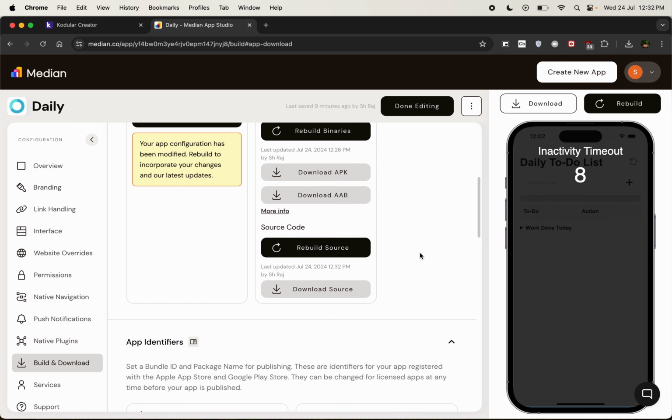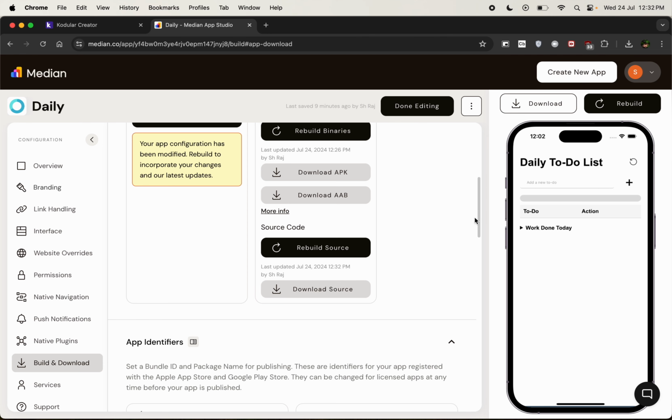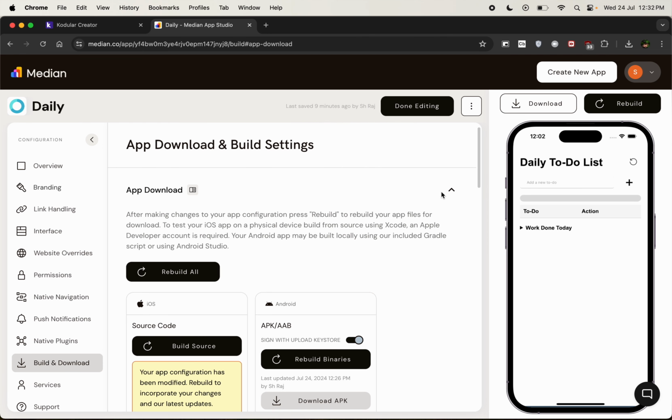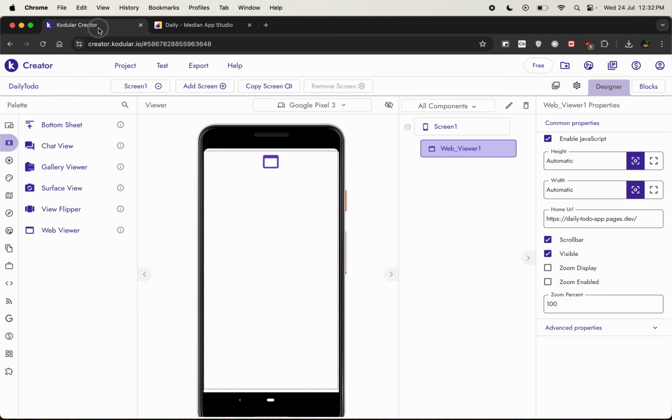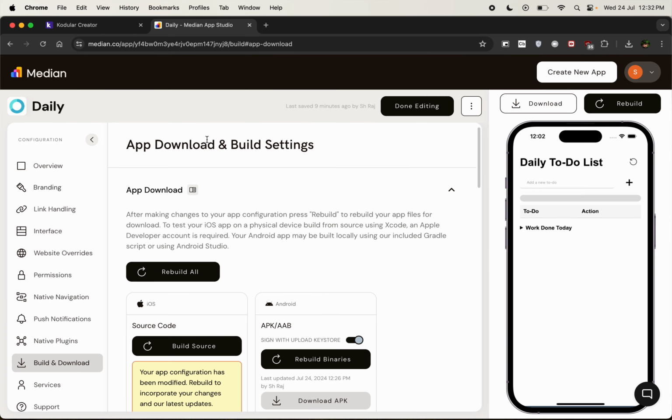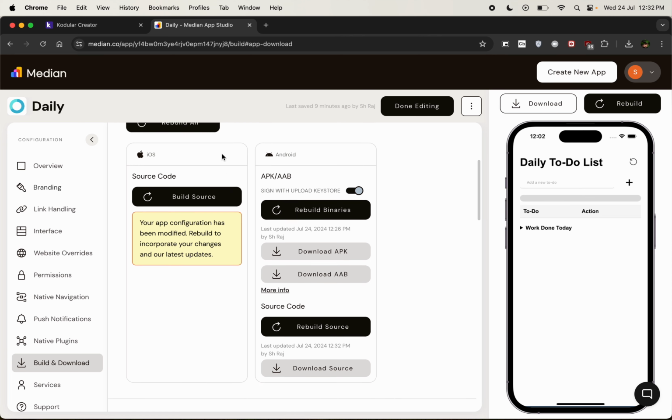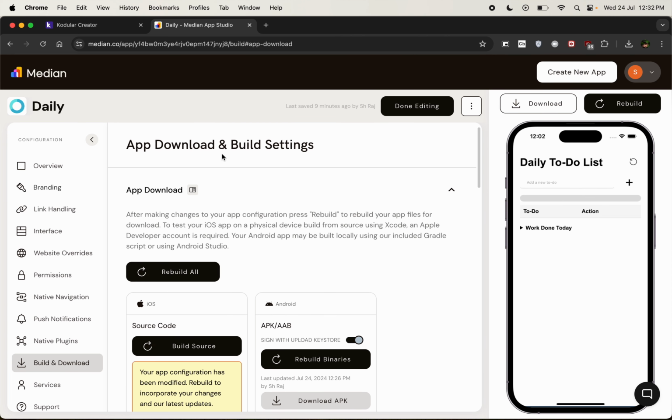So for normal web to app, we can use the website Median or Kodular. And Kodular has some project limits that you can set. You can only create a certain number of projects, but this daily I don't know about this, but even if you have to build one or two apps, you can build it, or you can use